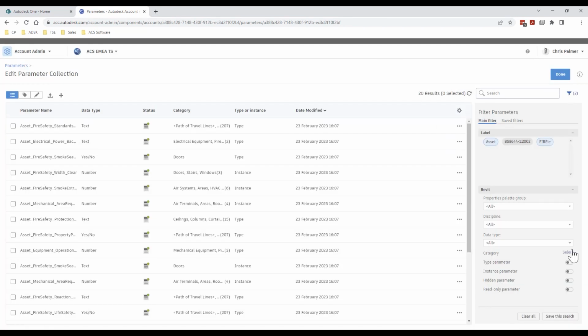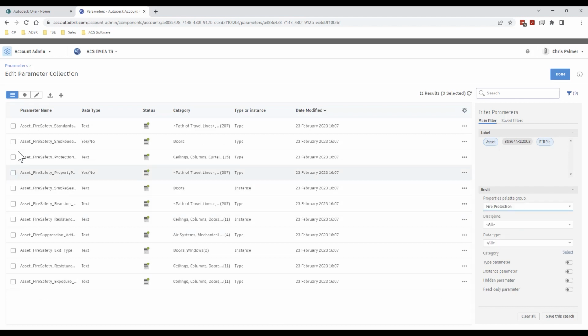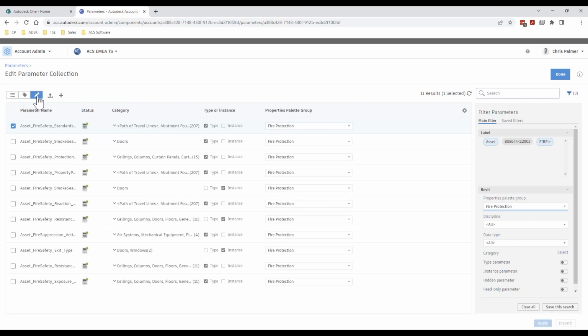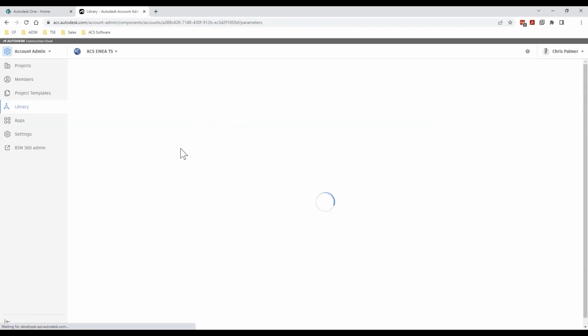data. We can upload existing shared parameters files as a starting point, or we can create individual new parameters, whilst labels and categorizations can be added to quickly help us search through large numbers of parameters. Edits and updates that we make here will be carried through into any future projects which we load the parameters